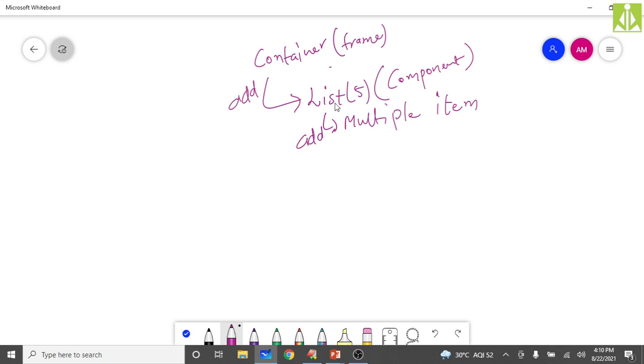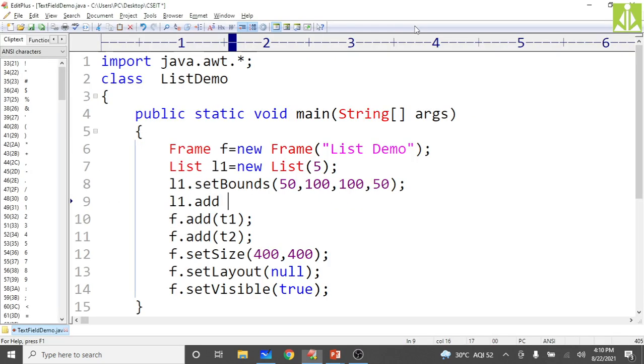To add the items into the list, call the add method on the component. To add the items to the container, call the add method on the container. Like this, you remember. So quickly go. And here what we are doing now, we are adding the items into the list, into the component, so that